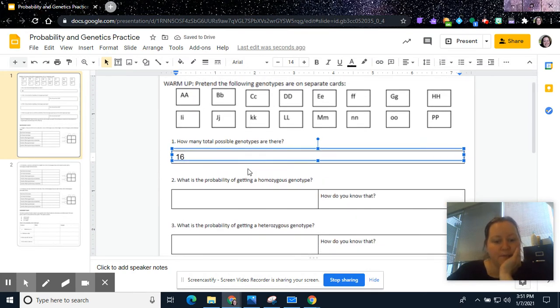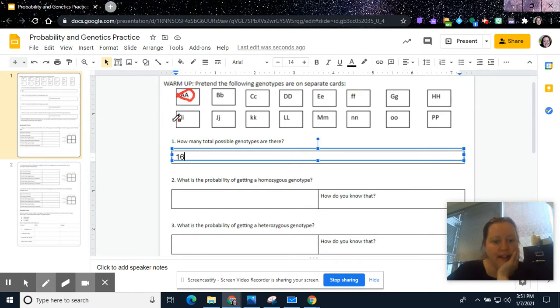And then down here it says, what's the probability of getting a homozygous genotype? So homozygous, it's going to have both capital letters or both lowercase letters to count. So to remember, probability is how many give you what you want out of how many total. So this one